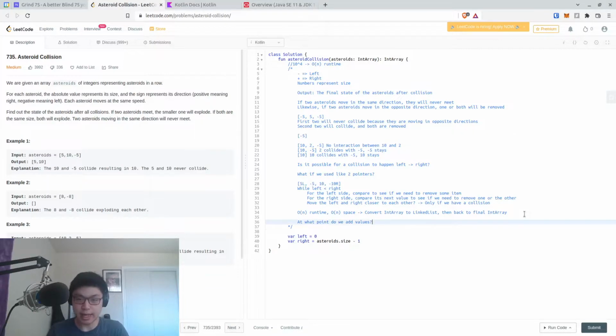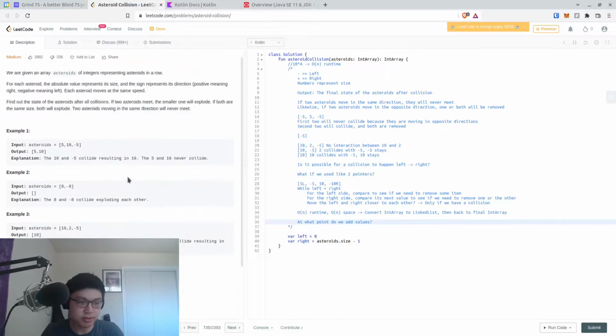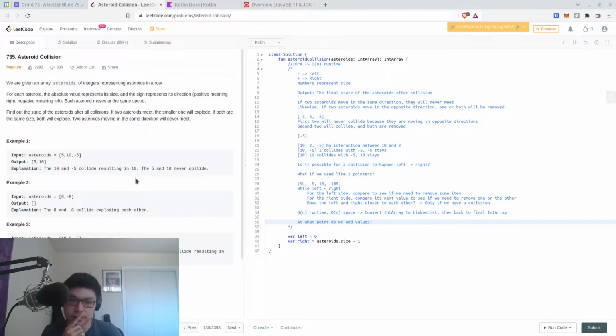I think the time where we add them is if we know for sure that it's quote unquote safe with regards to... no, but there's no way to know whether or not it's safe, right? Is there a value that is not used here? Okay, so the asteroids only go from -1,000 to 1,000. Oh, and the asteroids cannot be 0. Maybe we just set unused values to 0